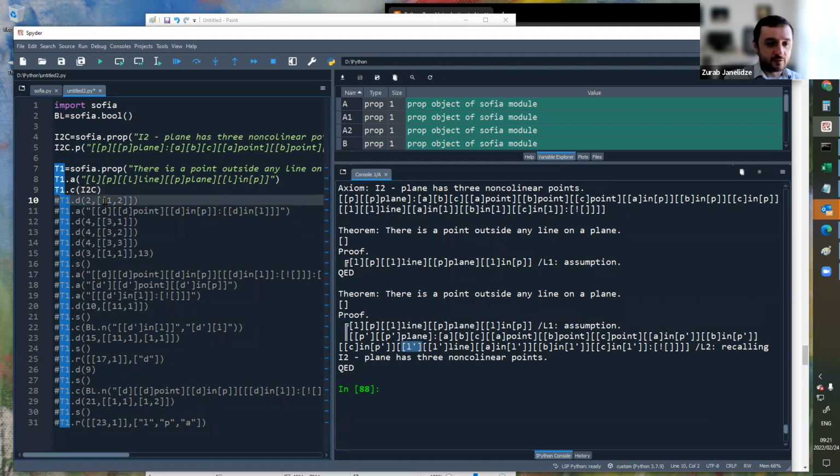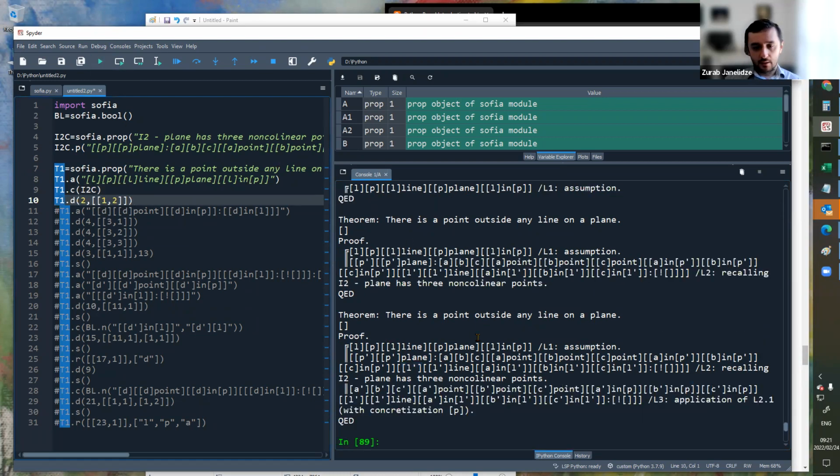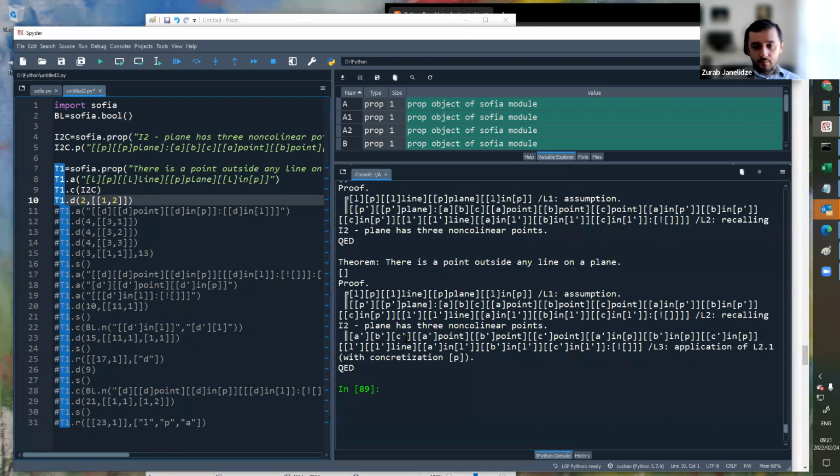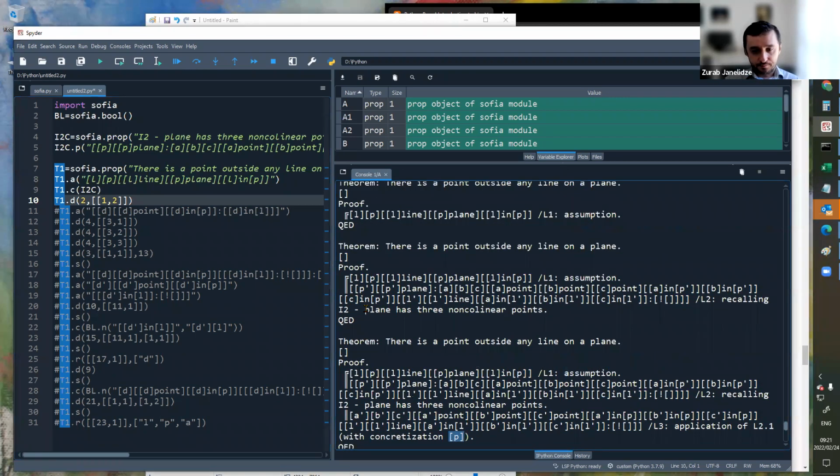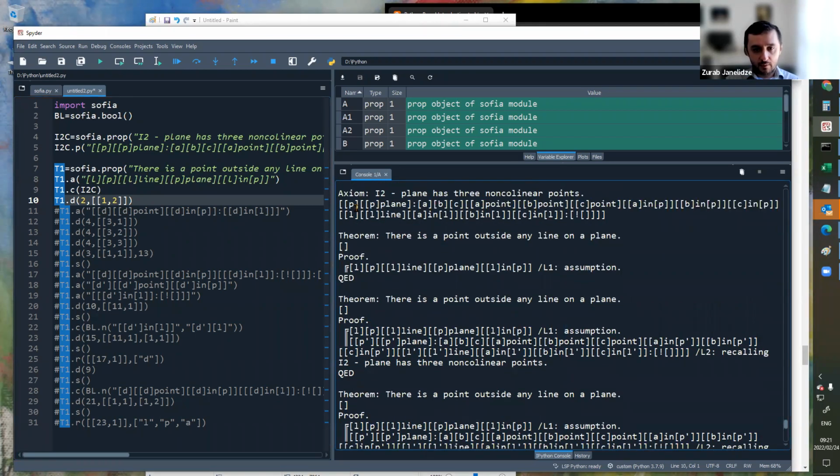Now, in the next line of proof, if we look at the explanation of what line 3 does, it's application of line 2, and it says in brackets with concretization P. Oops, sorry. So what does that mean? Going back to the axiom, right here,